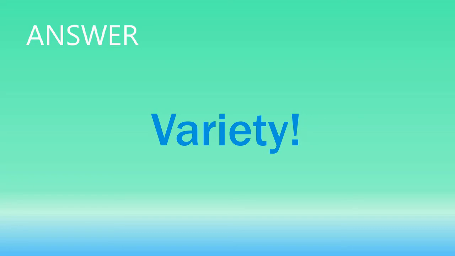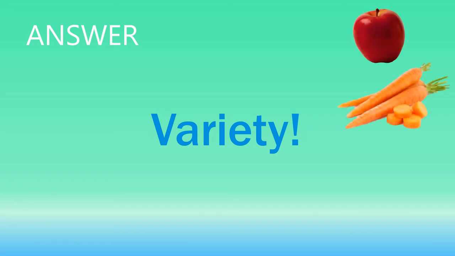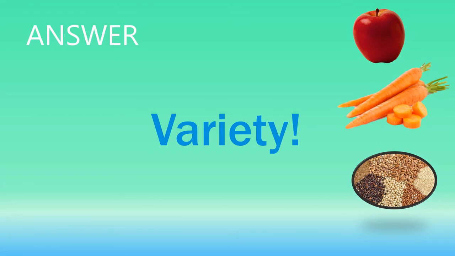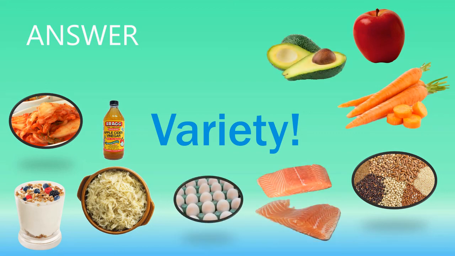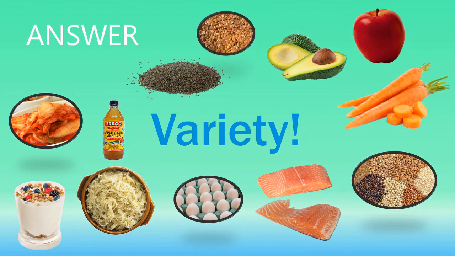Now, additionally, if you want to be a little more specific, you can add more fruits and veggies and whole grains, which thereby increases the amount of fiber and prebiotics that you're including in your diet. You can also add fermented foods like yogurt and kimchi and sauerkraut, apple cider vinegar, and other pickled foods. You can also incorporate more plant proteins versus animal proteins. And then you can also include some more polyunsaturated fatty acids with foods like salmon and avocado and eggs, flax and chia seeds, as well as dark chocolate.